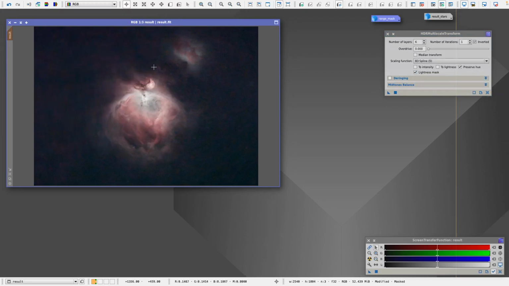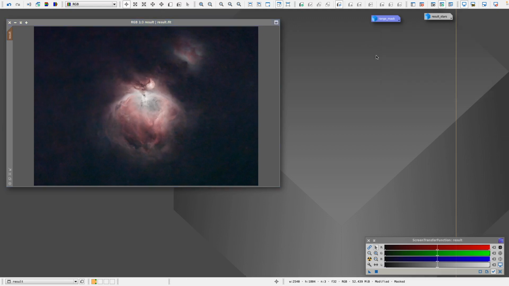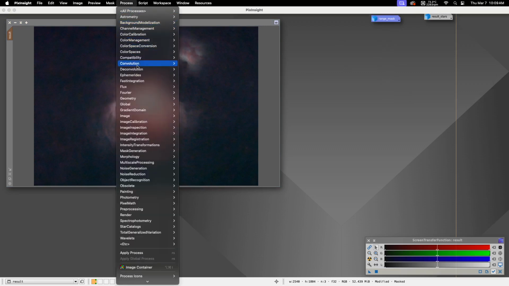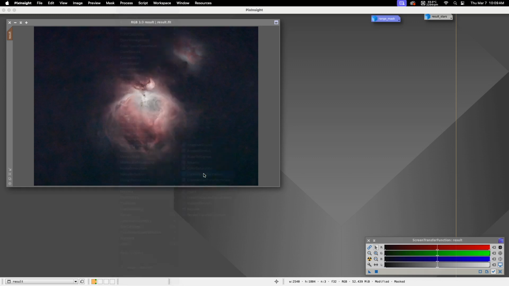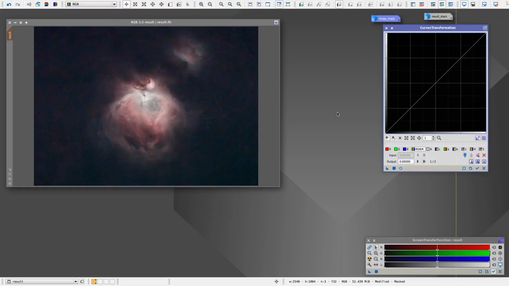Alright, so here you go. As you see, we have a bunch of nice features visible in the core right now. We can close this, and then we can open up the curve transformation